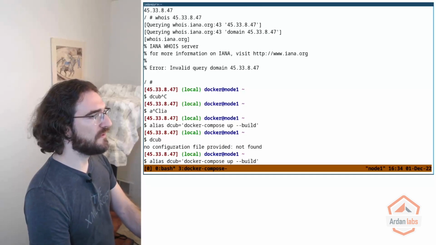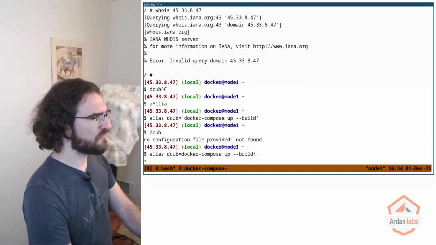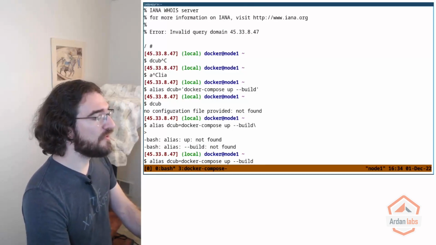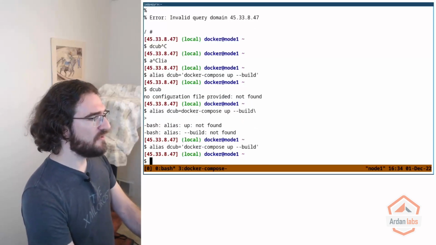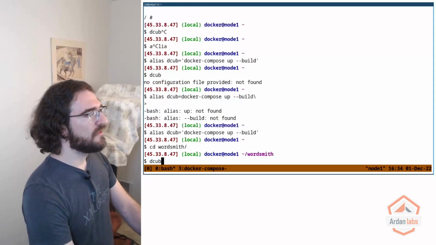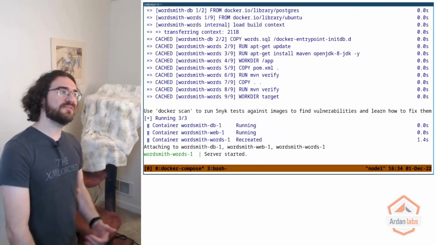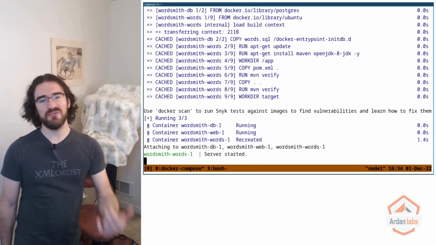Did I do that wrong, or whoops? What's going on here? No, I was right. I was just in a wrong directory. Sorry. So if I use DCUB instead of docker compose up --build, it's easier for me because I have